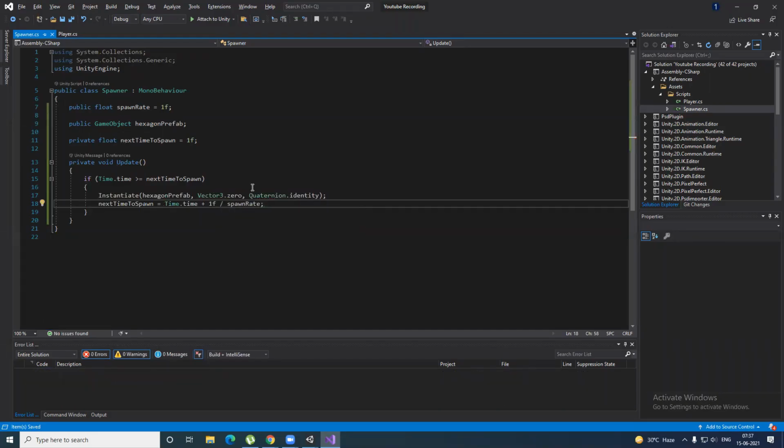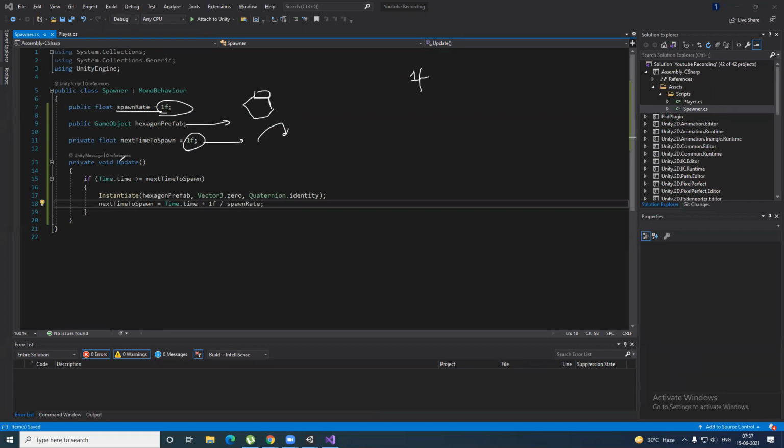Okay, so what is happening in this part? Let's go line by line. We have a variable named spawnRate, how fast you want to spawn, which is declared as 1f. Then we have a hexagon prefab, the prefab that we made of our hexagon with one side open. Then there is a private float, nextTimeToSpawn. So in what duration should the next one be spawned, right? spawnRate is how fast to spawn, and this is when the next one spawns, so there's a little bit of difference.